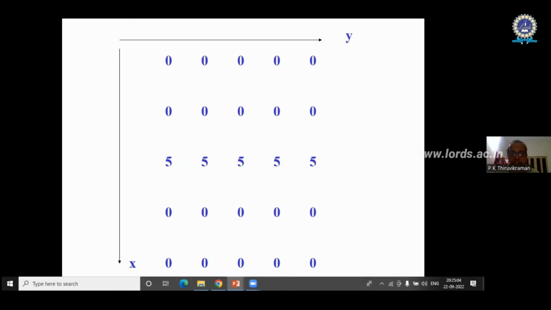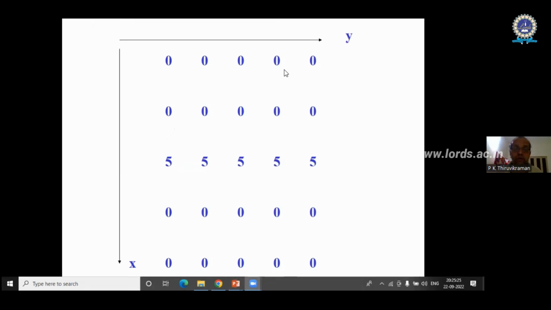Okay, now a simple example will clarify. In fact, this example you can use in your class if you're teaching Fourier image processing and you want them to understand what spatial frequency is. Take this very simple numerical example, no complicated image like the previous one. You have a simple image